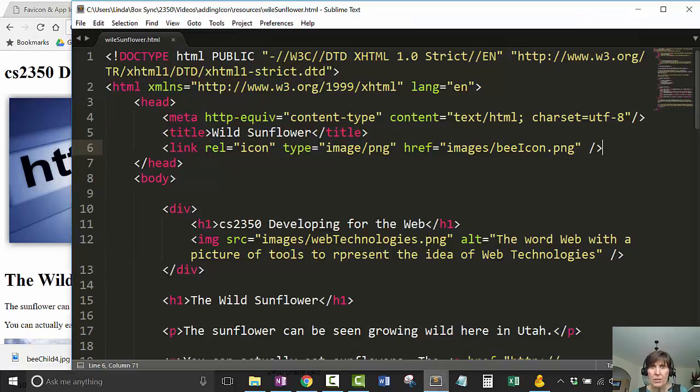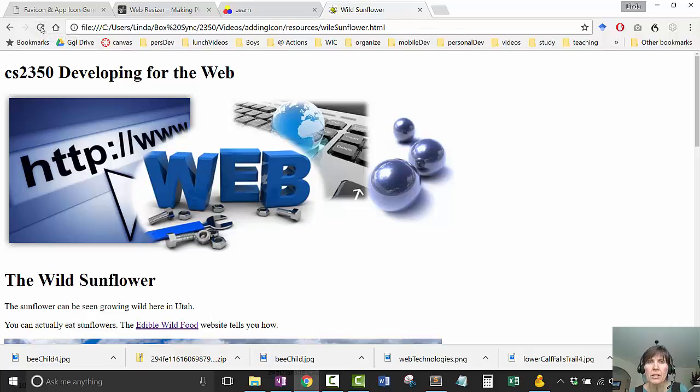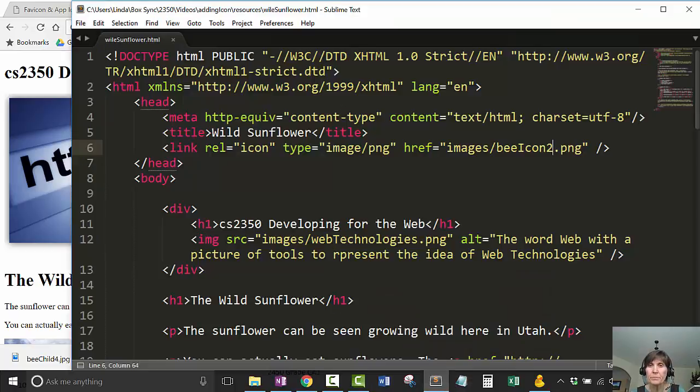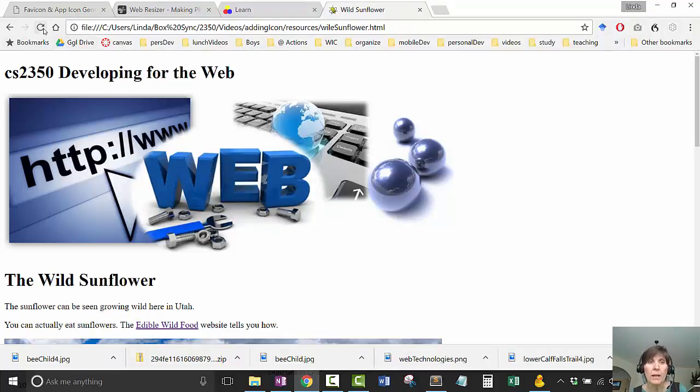All right, now I want to try the ones that are just a little bit bigger. So I'm going to try bee icon 2, and this is the one that is 36 by 36. And if I go back and refresh, oh, my little bee got a little bit clearer. So I like that better. So even though the bee is still just the same size, there's more detail or clarity with the 36 by 36. Let me go ahead and try the 3, which is 72 by 72, and I reload that,